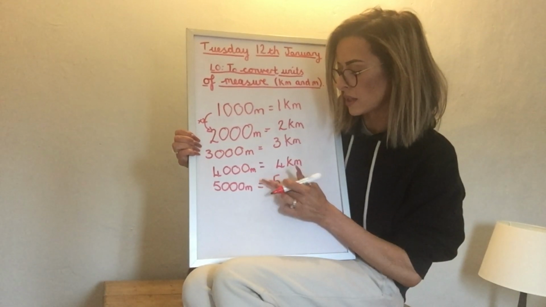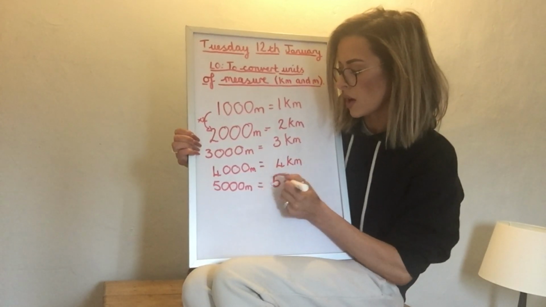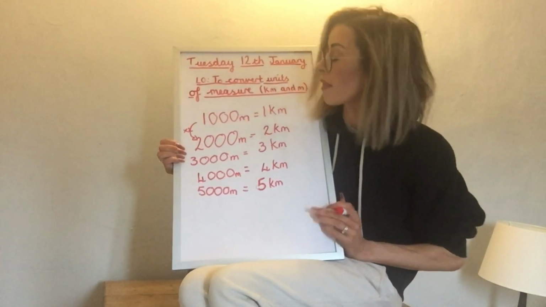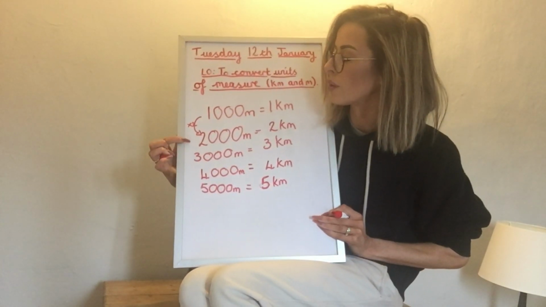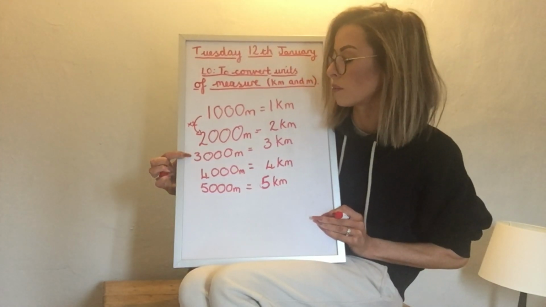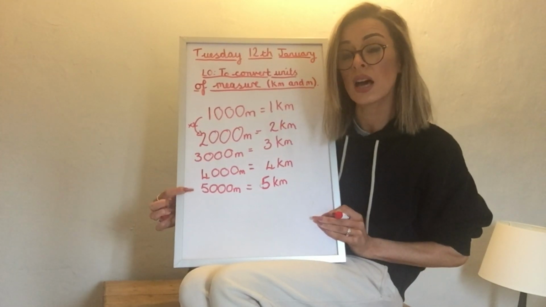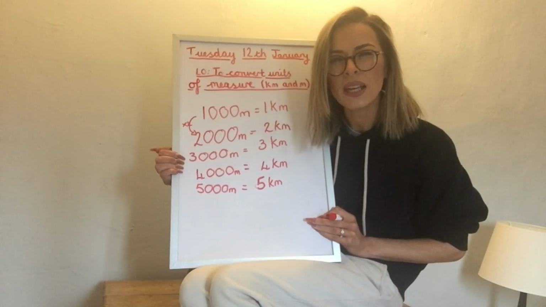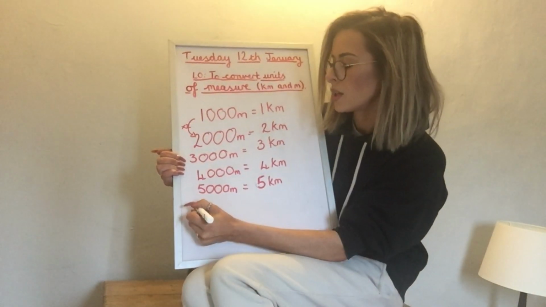That's not very neat, Mrs Thompson. 5 kilometres. So you can see the pattern there. We've got 1,000 metres, 2,000 metres, 3,000 metres, 4,000 metres, 5,000 metres. What do you think? How many kilometres do you think